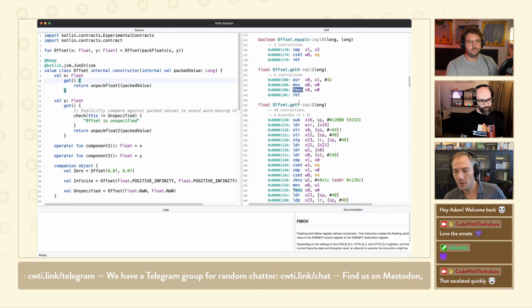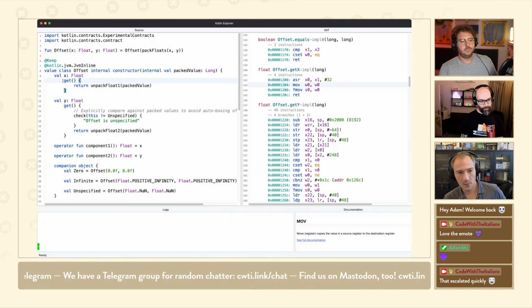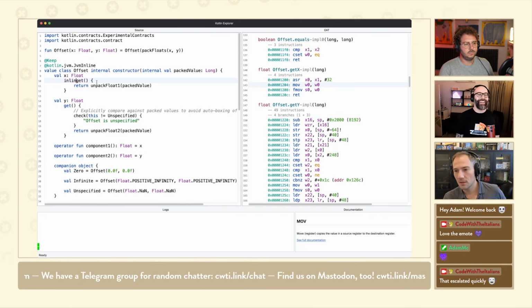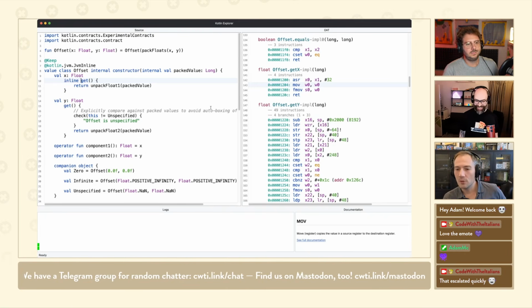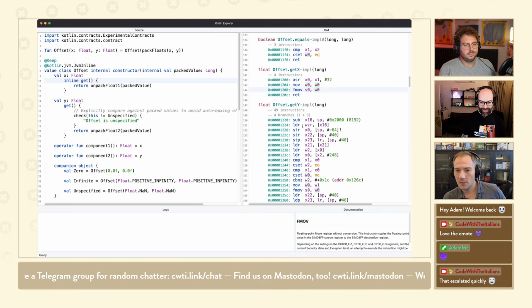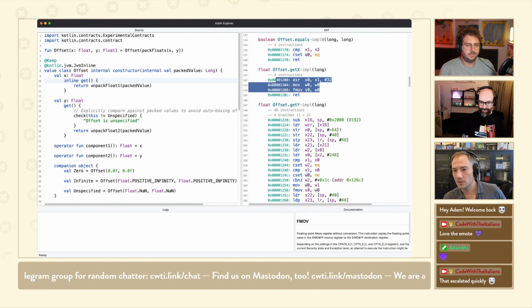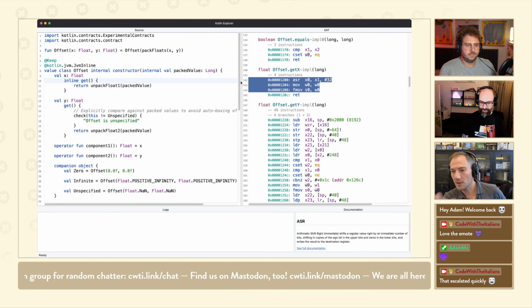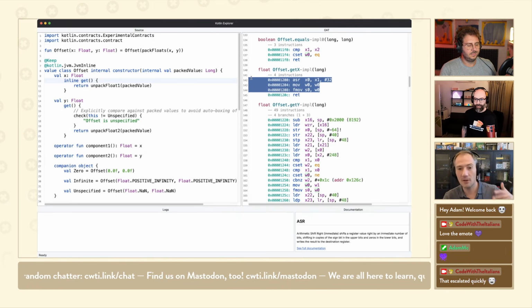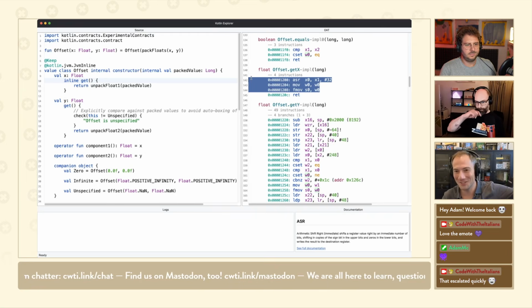And so now, once you have that, we can also say, you know what? I'm going to inline this, because when you look at the cost of a function call, this is fewer instructions than an actual function call. So let's just throw it there. Right, and now everything's gone. We're left with the bare minimum that we have to do.